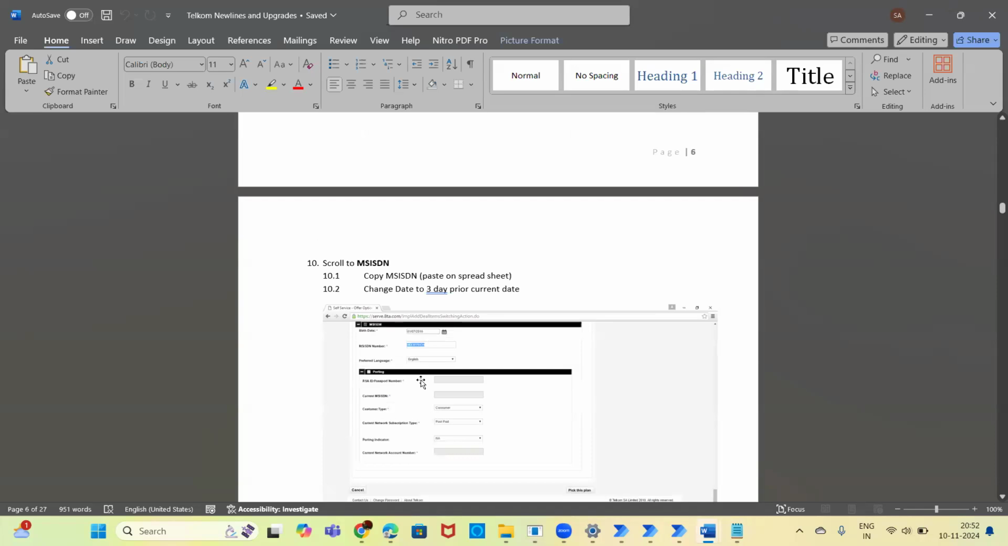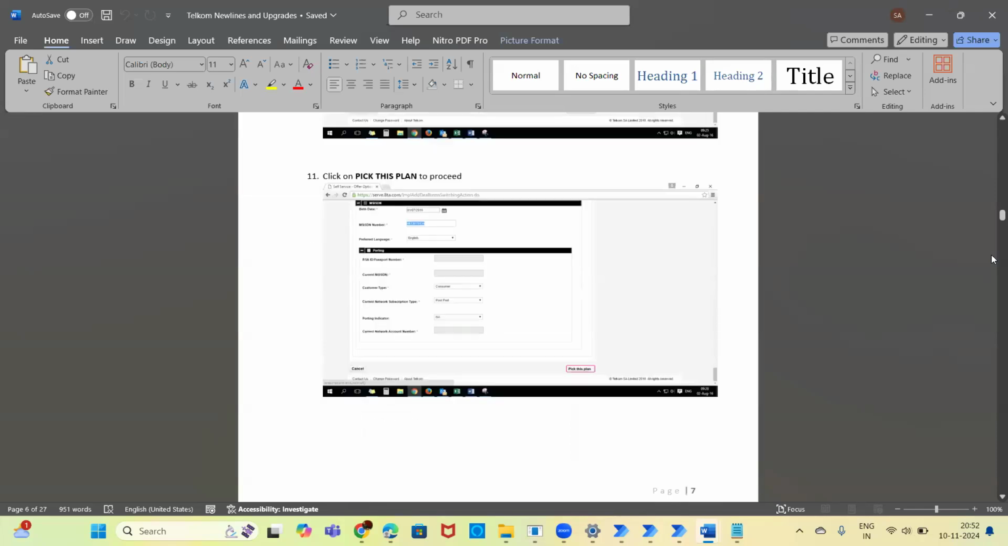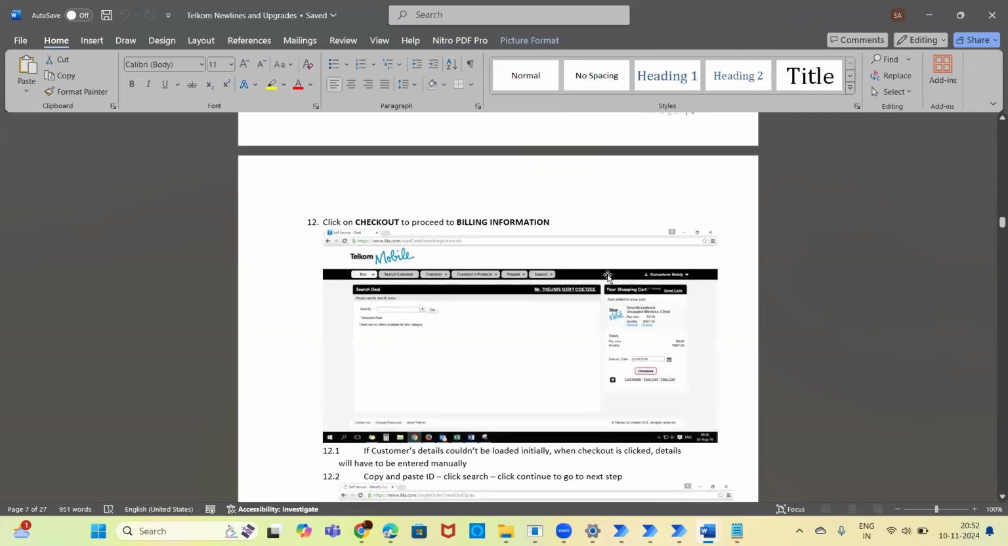Okay. And there will be a date option. You need to change the date to 3 days prior to the current date. Means today, if you are processing the order, you need to change it to 3 days prior. Now click on pick this plan to proceed. And we need to click on checkout